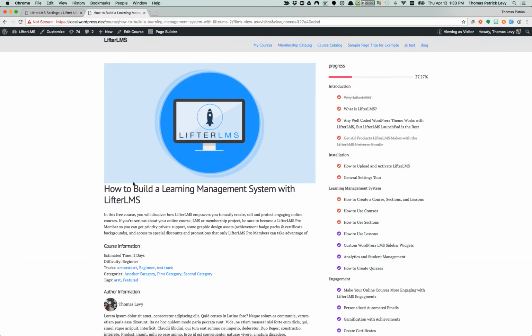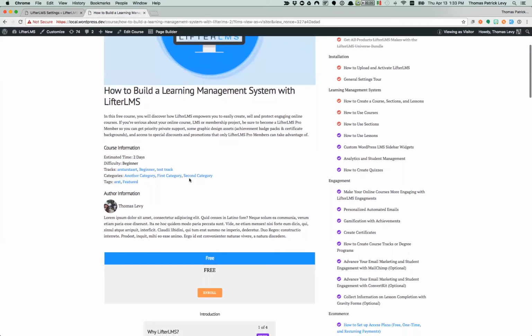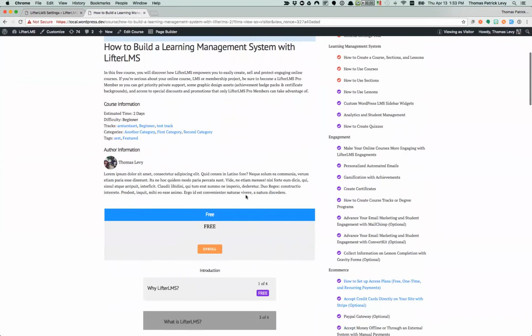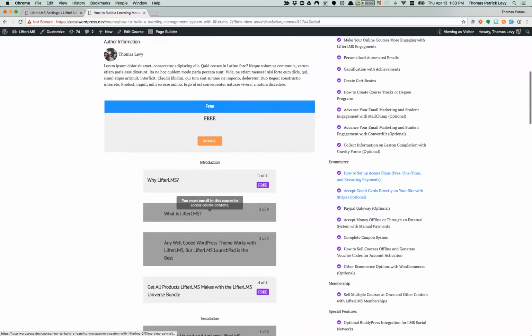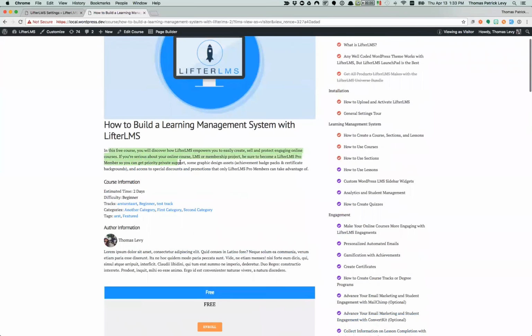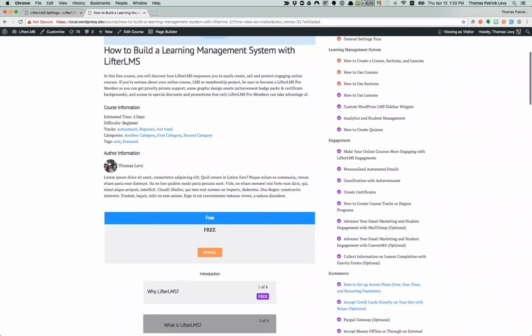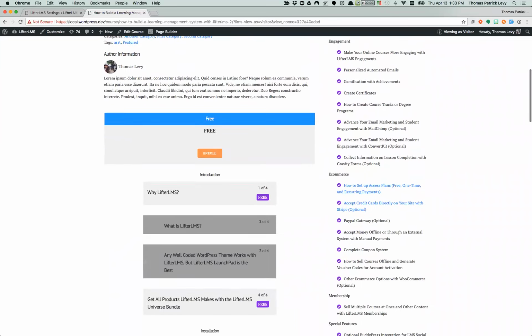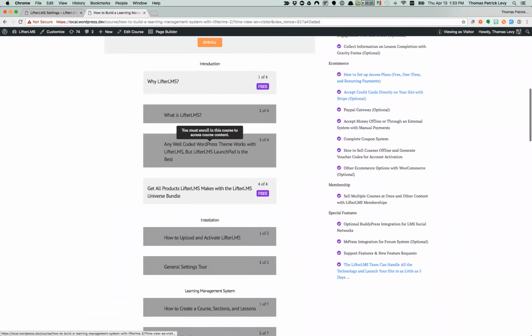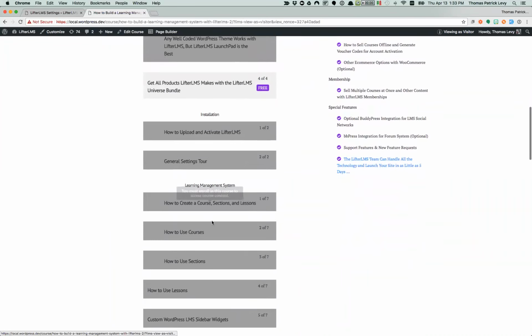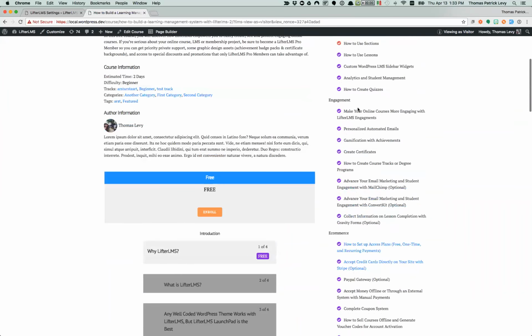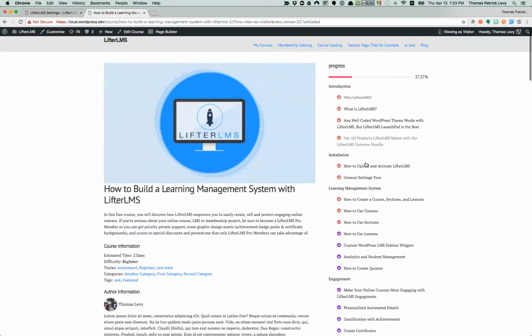So if we look at the visitor, this is someone who comes to your website and is not logged in. Lifter LMS has two versions of the course description, and of course the pricing table is there. In this case, it's a free course. And the restrictions are there where the lessons are locked down except for the ones that were marked as free. So this way, it's just a quick way from the front end of the website. You just scroll up to the top right to view as a visitor and also check the sidebar there.